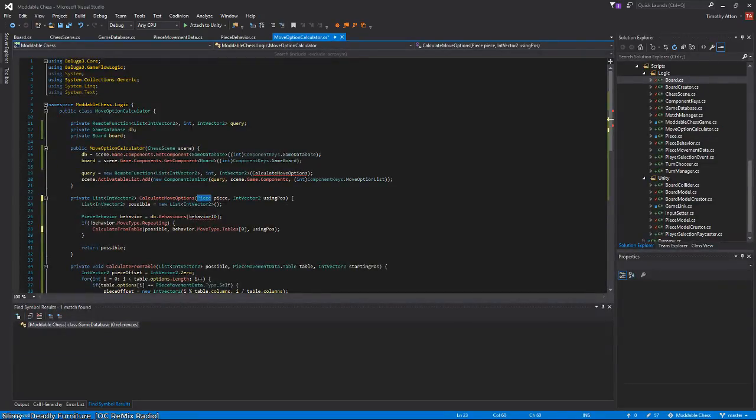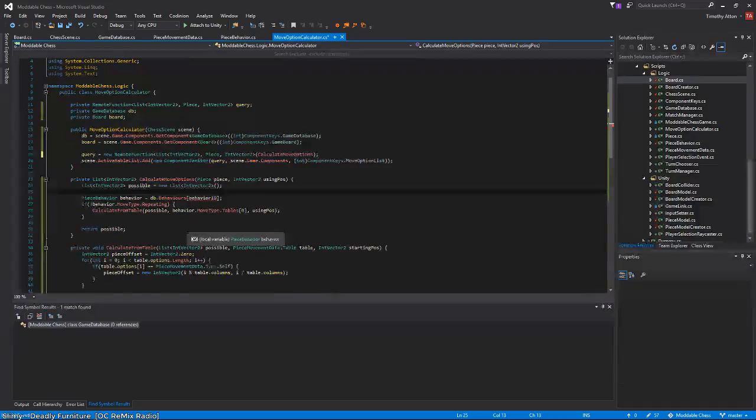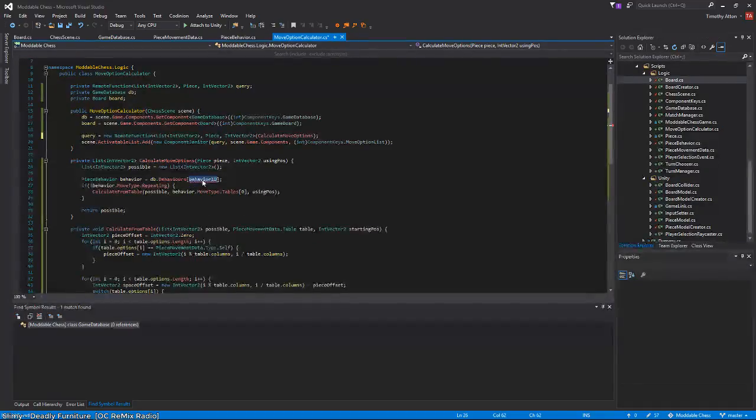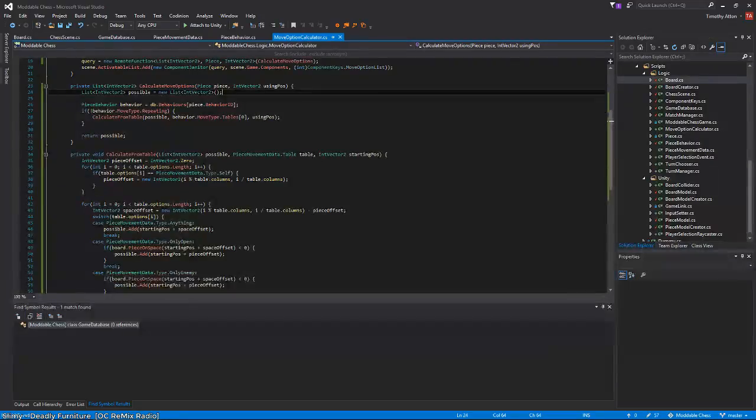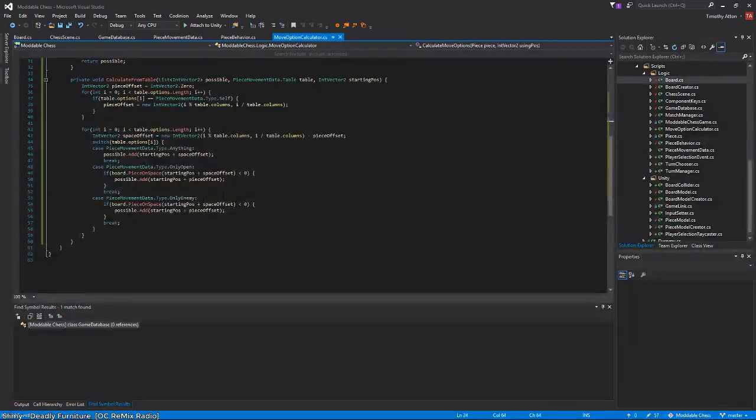So we need to change this remote function to ask for a piece instead of an integer. And so now that we have that,